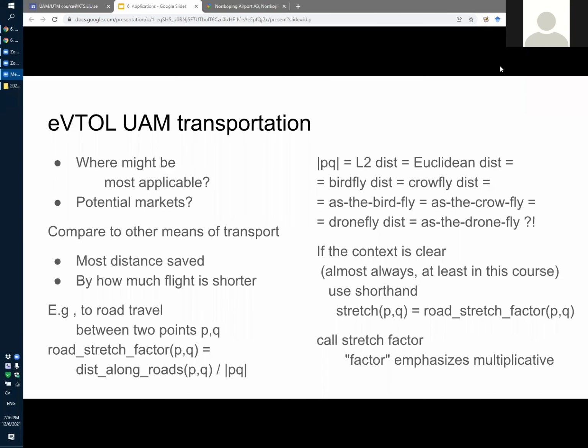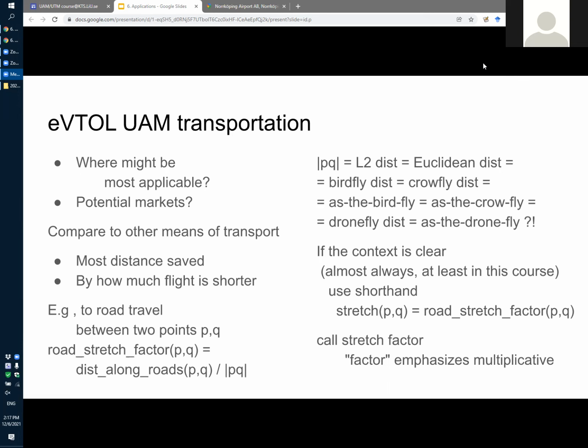So one question about the applications is where could UAM, transportation using the air for traveling or for transporting, be most applicable? Or if you're looking at it from the business perspective, what are the potential markets? And of course, if you speak about markets and competition, you have to compare to the different means of transport